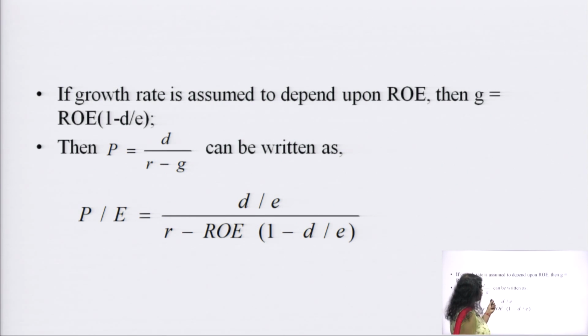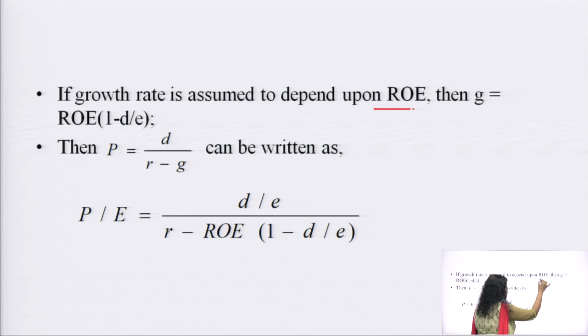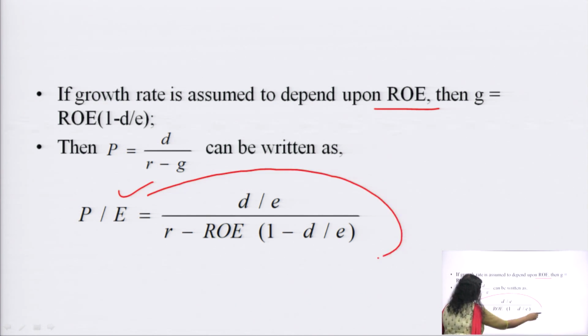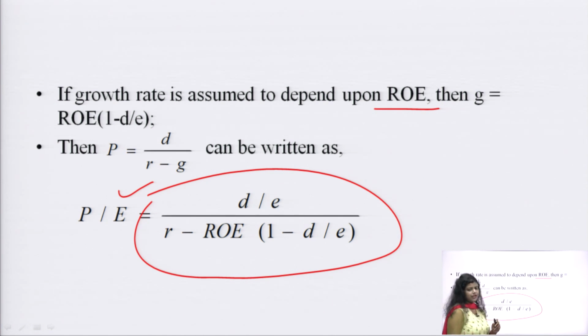Again, this is another model for PE ratio where ROE is adjusted. Whenever ROE is one of the major criteria for investment decision, ROE is adjusted into the model of the PE ratio, and this new model is obtained for calculation of PE ratio. This is simply for the cases where ROE is considered one of the major factors for taking investment decisions by the investors. So these formulas can be easily applied in the questions, and then decisions can be made